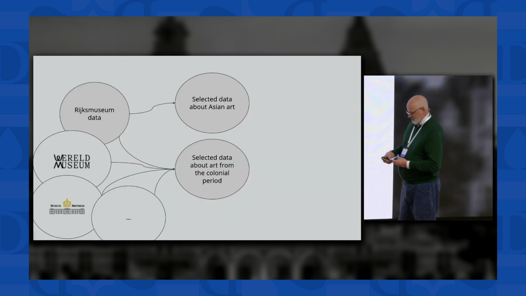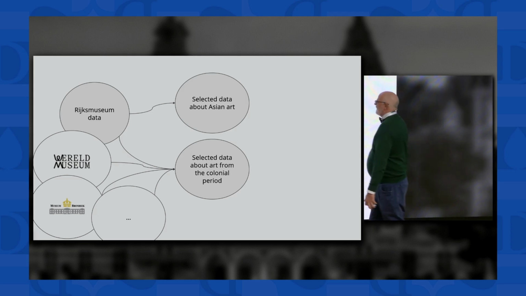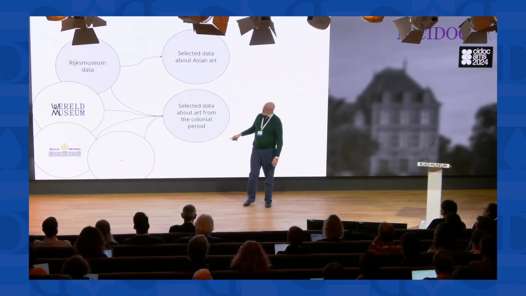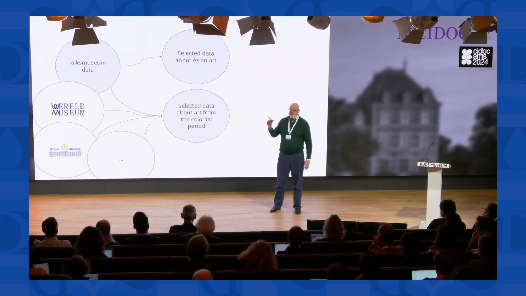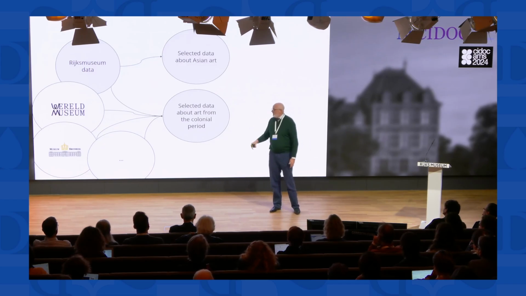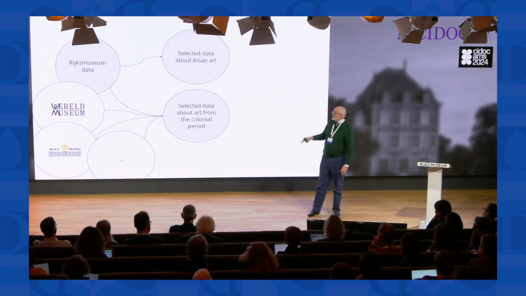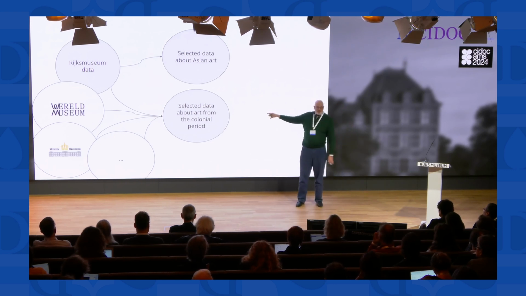So this is basically, very briefly, I mean, we all like diagrams, right? So you have Asian art, you have colonial collections. They both take this subset from the Rijksmuseum. Colonial collections also takes subsets from other museums in the Netherlands. World Museum, it takes data from the Cultural Heritage Agency. It also takes data from the Ministry of Defense, Museum of Bronbeek. So we bring all of this data together, which is a completely different use case than what Asian art does. But we still use